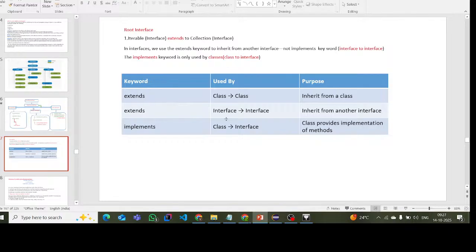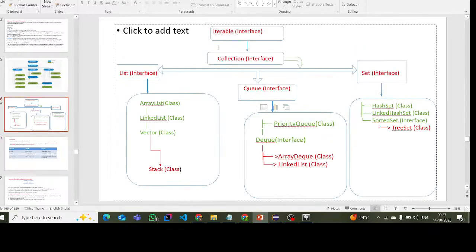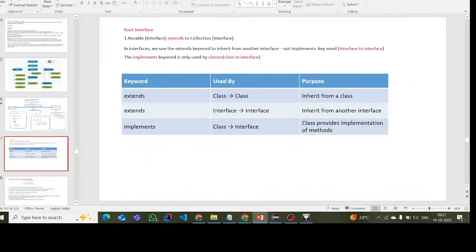And suppose we have two interfaces like Iterable and Collection. Both are interfaces only. An interface contains abstract methods, and those abstract methods we have to implement in a class. For interface to interface, Iterable and Collection, we have to use the extends keyword,